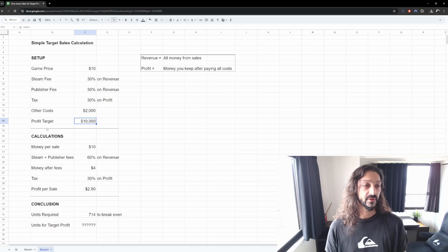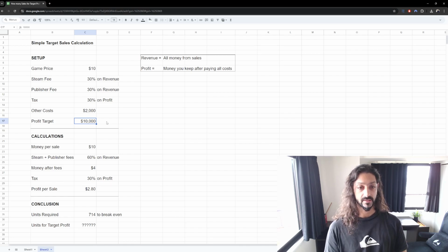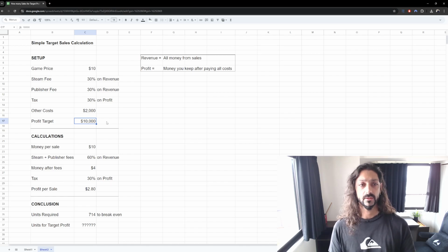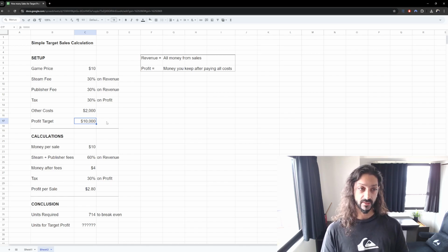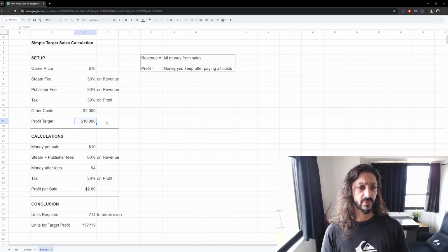Finally, what we have here is the profit target. What this means is that after this game is complete and it goes on sale and it sells for some time, this is how much money you would like to make as profit at the end of the day. Now, of course, this process can be broken down further, because